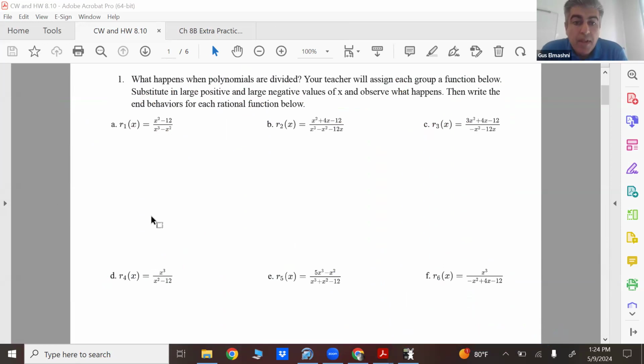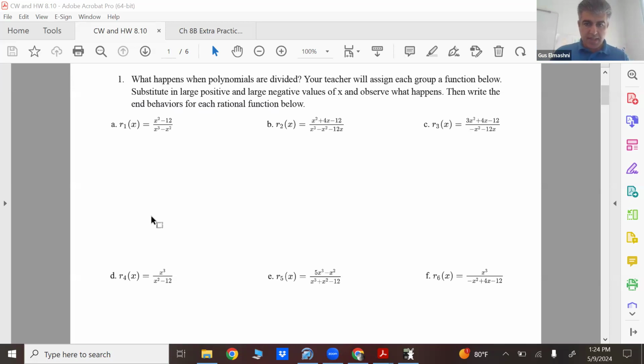What do they want you to do? What happens when polynomials are divided? Your teacher will assign each group a function below, substitute in large negative values of x, and observe what happens, and write the end behaviors for each. Okay, here's what I'm going to do. I'm going to use Desmos, and we're just going to look at what happens for maybe the first. Let me do this for A,